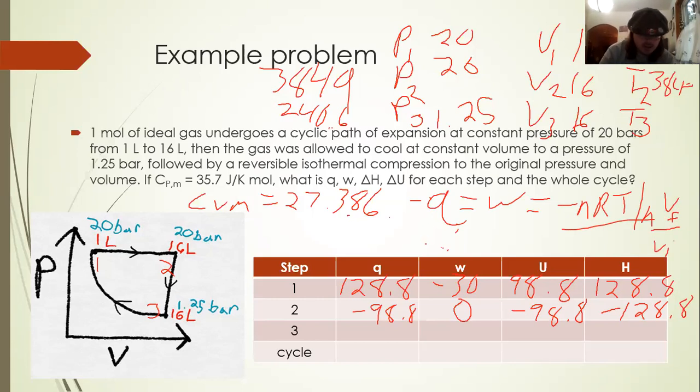So at 8.314 times 240.6 divided by 1,000 times ln, we're going from 1 to 16, so ln 1 divided by 16. And it's negative here, so this is going to work. It's going to be positive